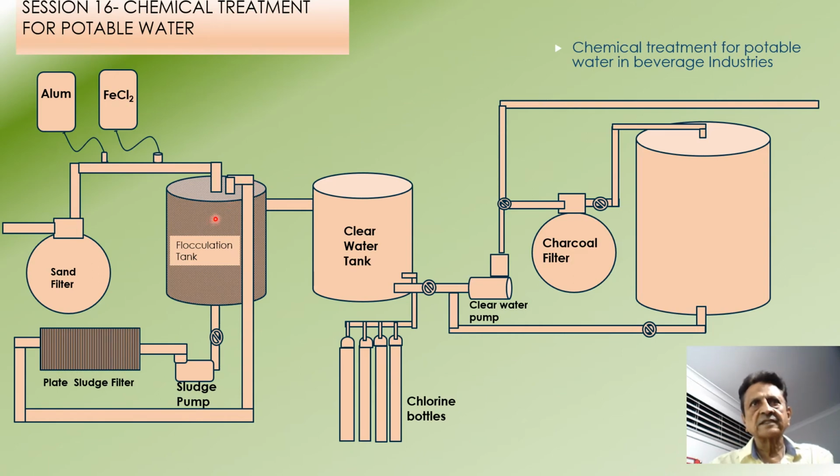From this tank, the clear water is filled into the clear water tank, from which the water goes through the pump and into the distribution tank, and chlorination is pumped in the clear water tank, so that the water that comes out will be sanitized. In the case of a Coca-Cola Export Corporation, the water they use, particularly for manufacture of Coca-Cola beverage, must